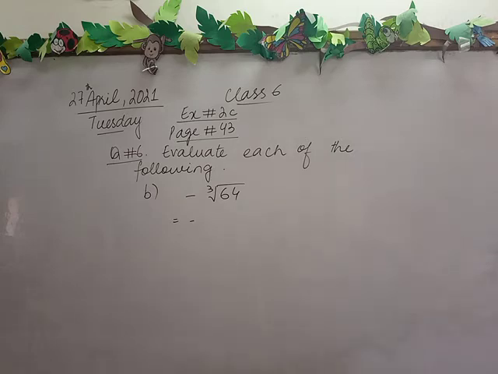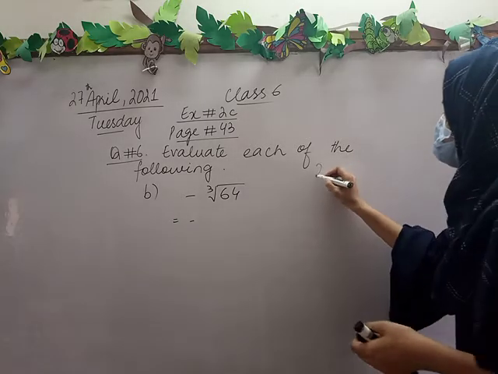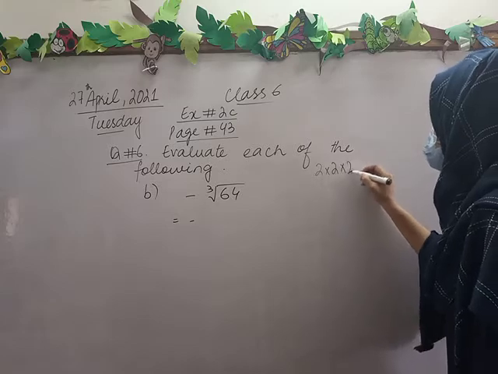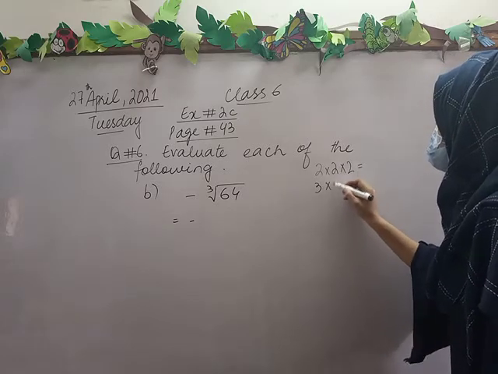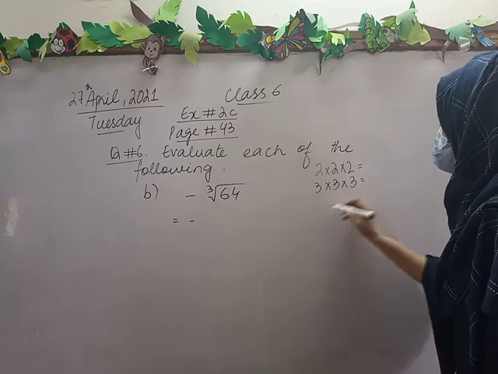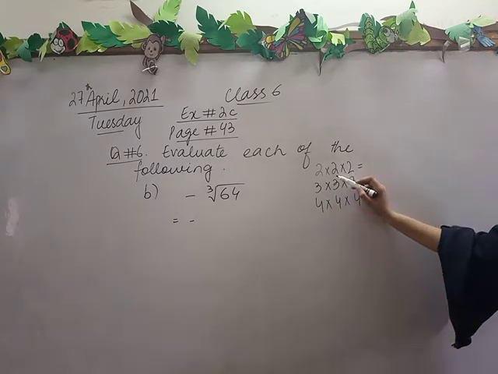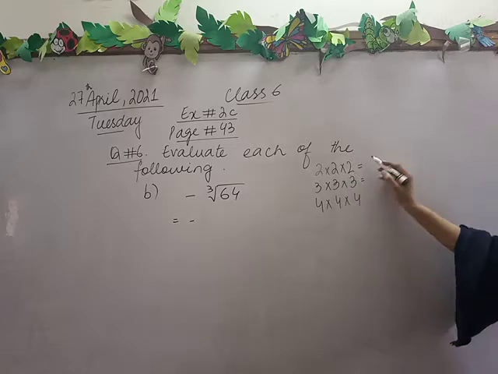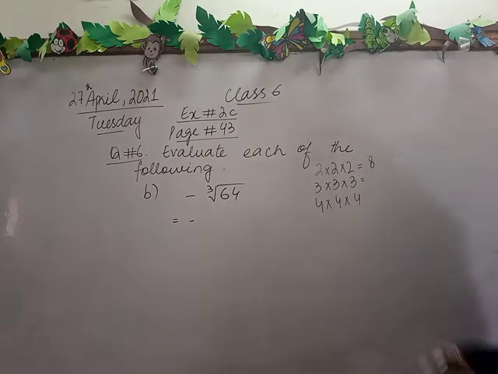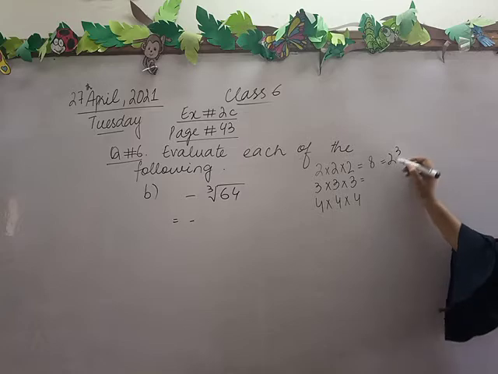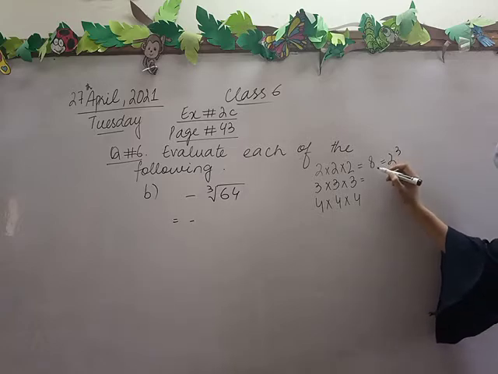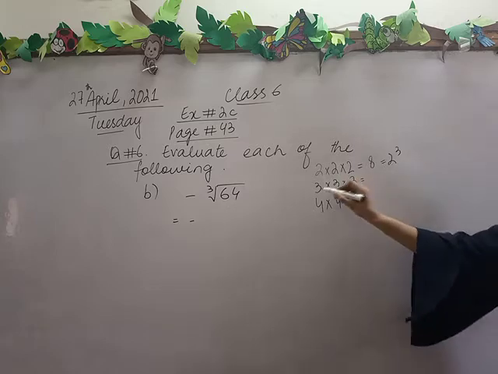So I am going to start from number 2. 2 multiplied by 2. 3 into 3 into 3. 4 into 4 into 4. So 2 times 4 is 8 and 4 times 2 is 8. So 2 cubed is equal to 8. We will write like this class. Can we write like this? Very good. Now 3 into 3